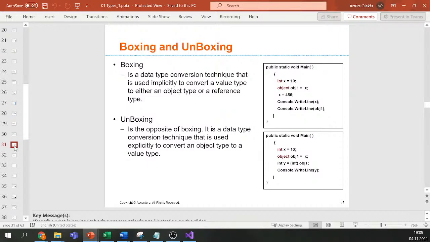Okay. If not, then we have boxing and unboxing. So boxing is the data type conversion technique that is used implicitly to convert a value type to an object or a reference type. So for example, we have, let's say, the